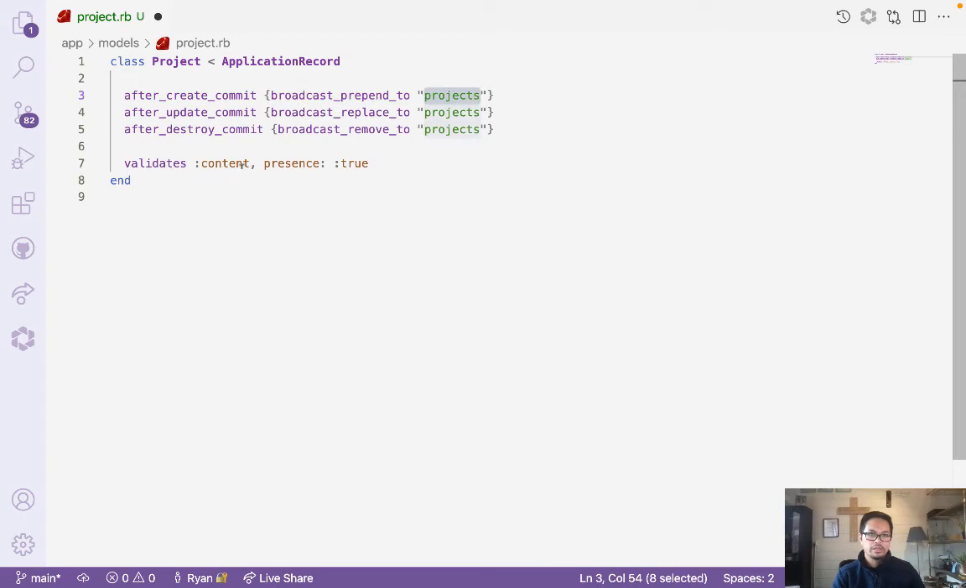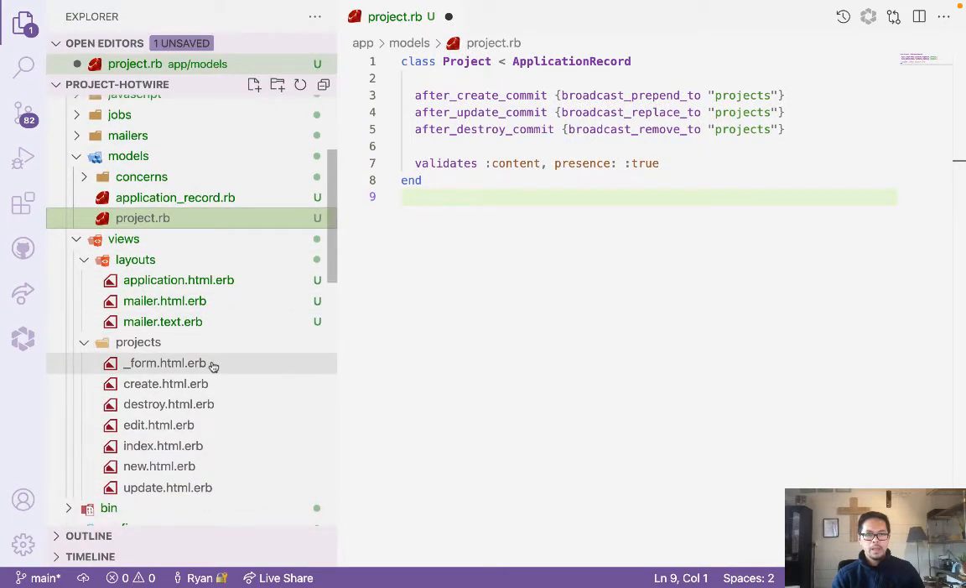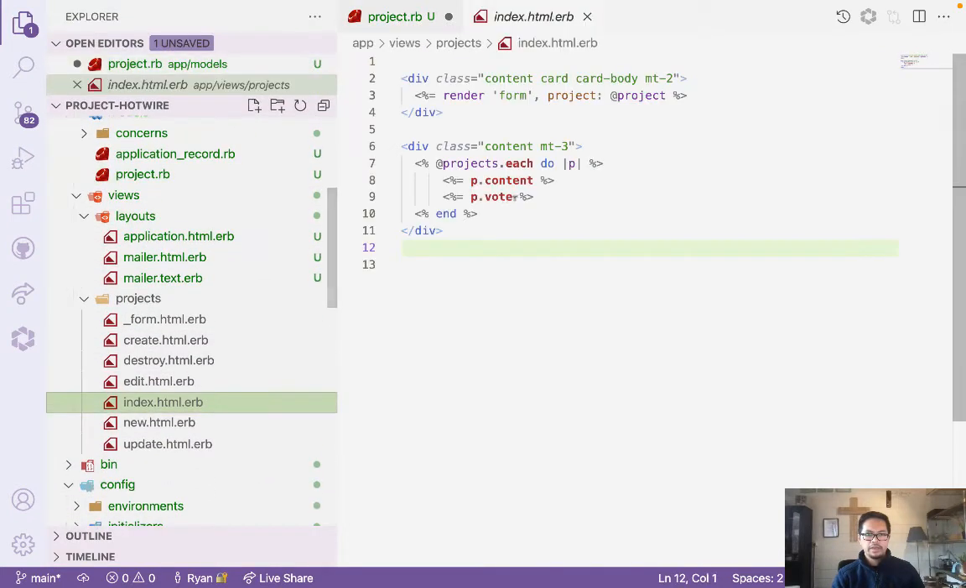So what's gonna happen is, when you create a record of the project, it will broadcast to the project that we are adding to the index. And then here, once you update, the same, and once you destroy, it will broadcast to the projects, which is the ID. So what I'm gonna do is go back again in here, and then let's create onto the index,